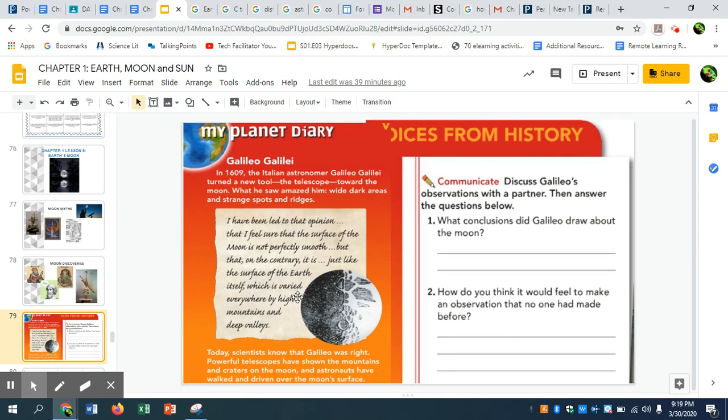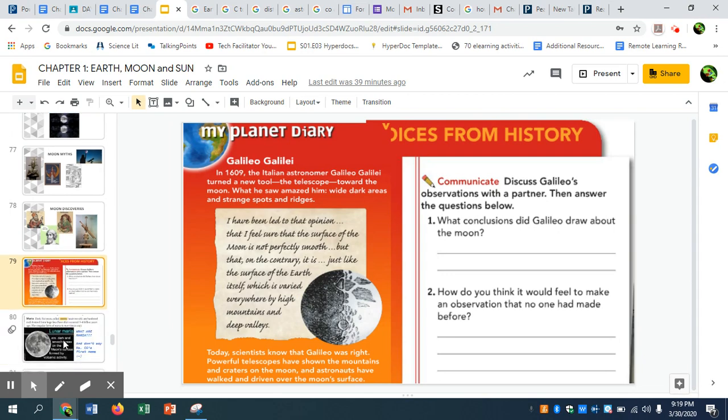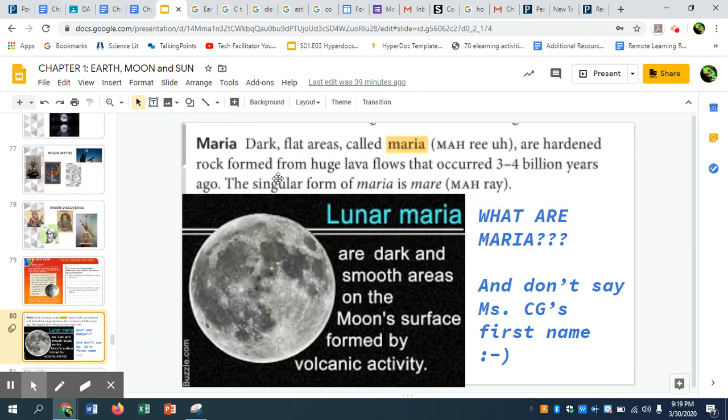Okay, let's go to the next page right over here. So let's talk about these spots that we see on the moon. One of the features on the moon is called Maria. I know that looks just like my name, but it is not pronounced Maria, it is pronounced Maria. So these are the dark, flat areas, and they are actually hardened over lava flows